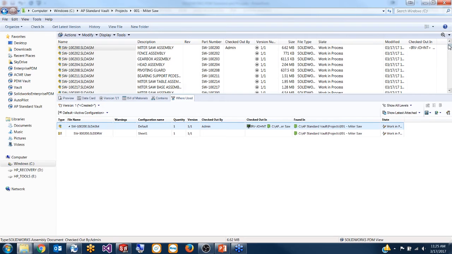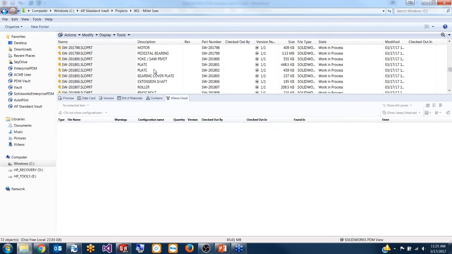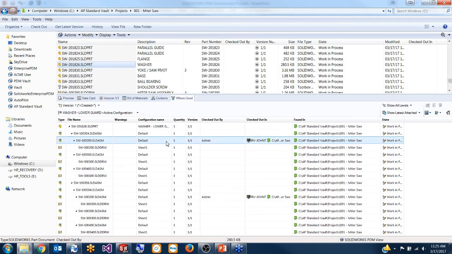If we go down to an actual, let's say, downstream part, let's just grab that same washer here. Let's go ahead and look for it. So again, this description is helping me a ton here to find my washer. With that washer, I get a scope upstream. So here I can see all of my top level assemblies that are being affected. And this is great for a number of reasons. One, if I'm just making a general design change, I can see how many files it would affect. And it lets you take a step back and say, oh, if this washer change would affect 10 assemblies,